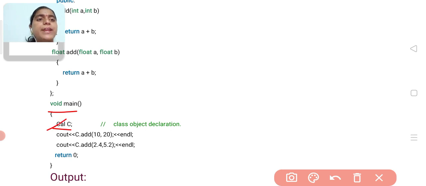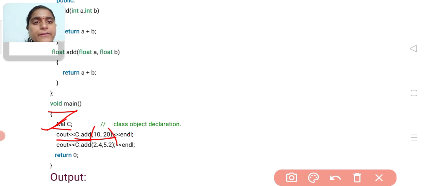In the same way, if you want to execute this program, you must create the object for that class. That's why I have created one object here, and now I am calling c dot add 10 comma 20. Here I am calling the function.